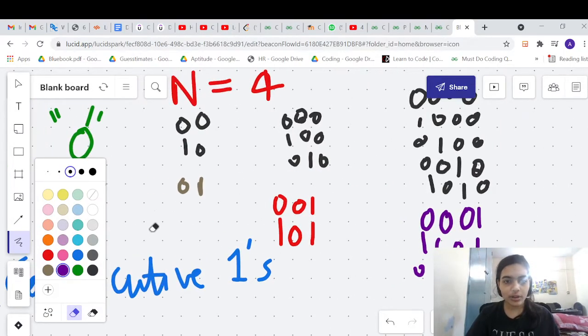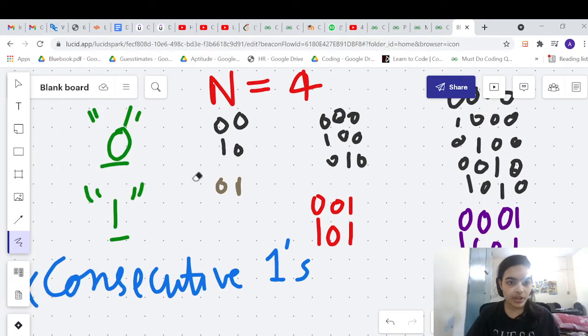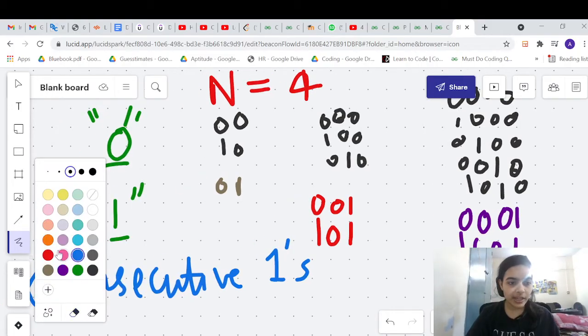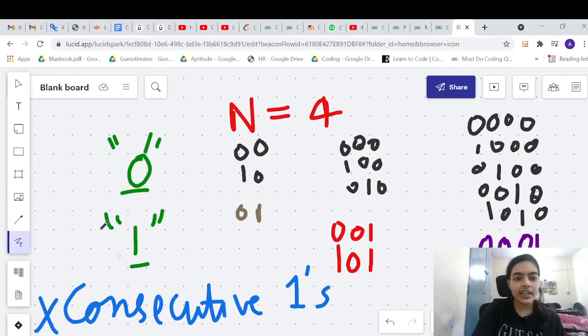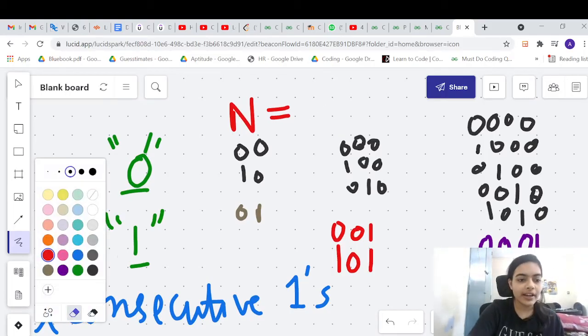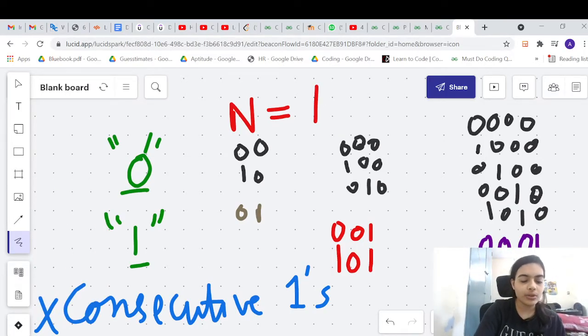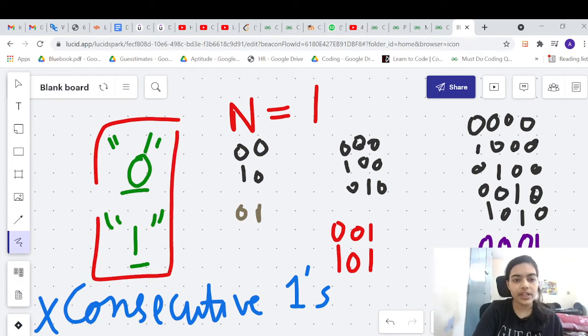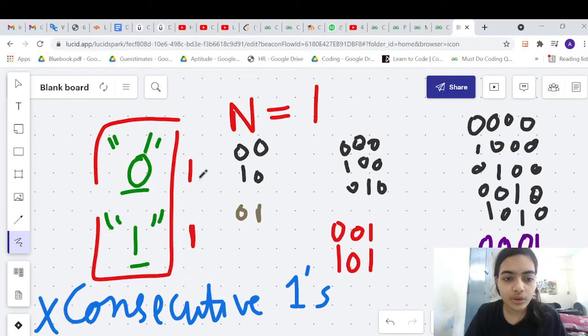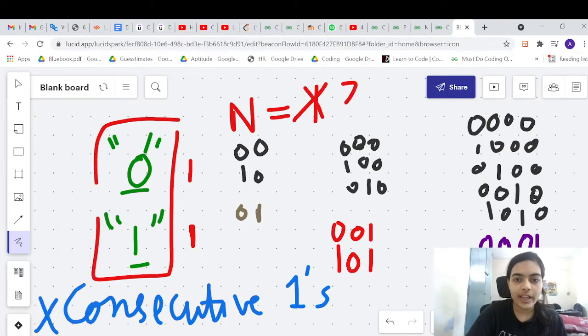So now let's try to count, right? This is how we are going to build the approach. Initially, let's just keep two variables and we will count. Okay, initially when n is equal to 1, in that case we have no problem at all. We have just two strings, both of length 1. Now we'll count and build the solution.